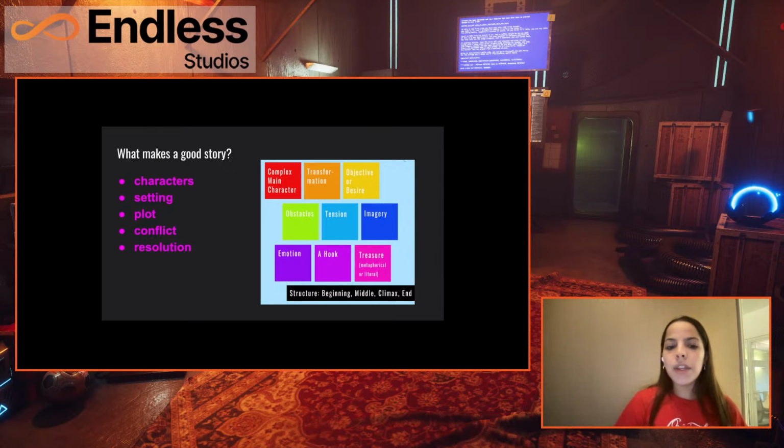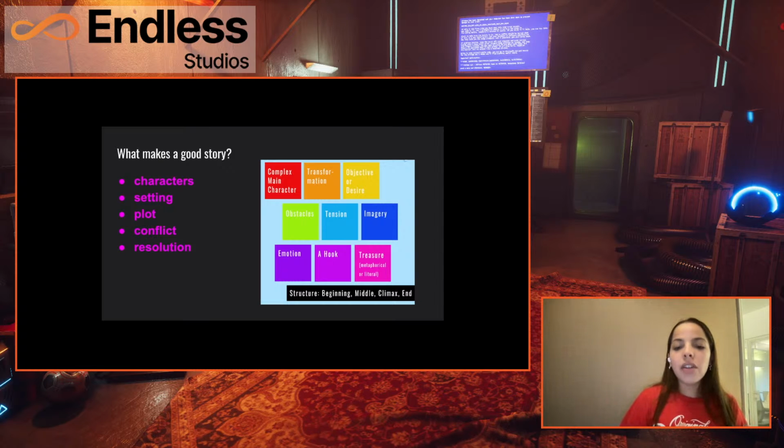There's emotion, and there's a hook, and there's treasure, whether that's metaphorical or literal, which is something the character seeks to reach. Whether that is some conclusion they come to philosophically, or, as I just mentioned, a literal treasure, like in Pirates of the Caribbean, for example.